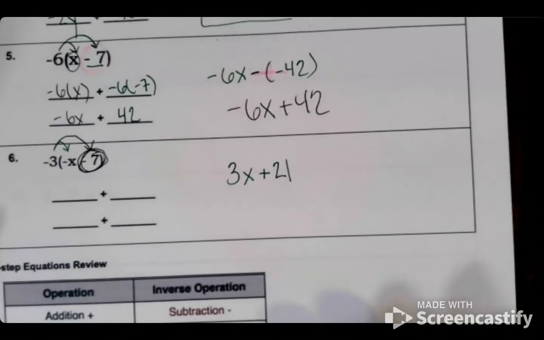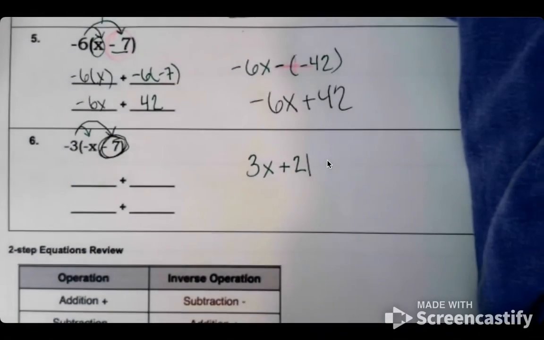okay? And then we're going to go on to the very last thing, which is solving 2-step